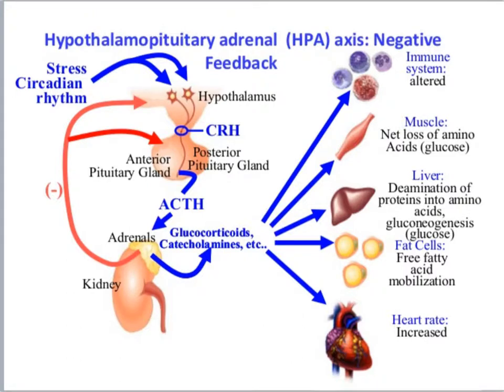Adrenocorticotropic hormone goes to the adrenal gland, where it causes the release of primarily glucocorticoids and some catecholamines, but primarily glucocorticoids. Aldosterone is released through a different pathway, and the secretion of androgens is actually going to be controlled much more by feedback from the